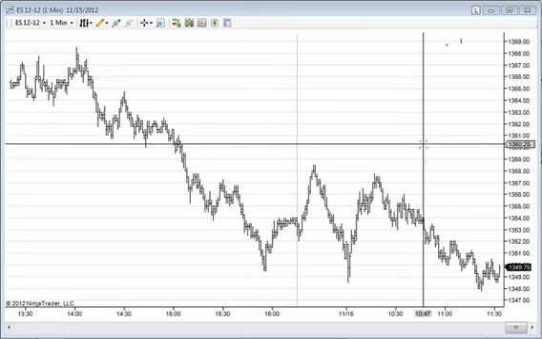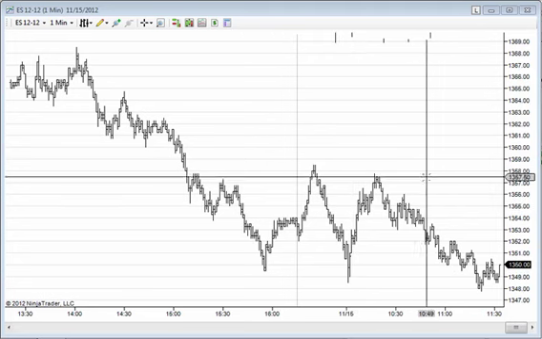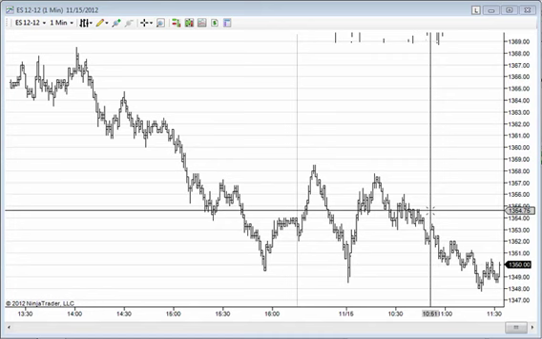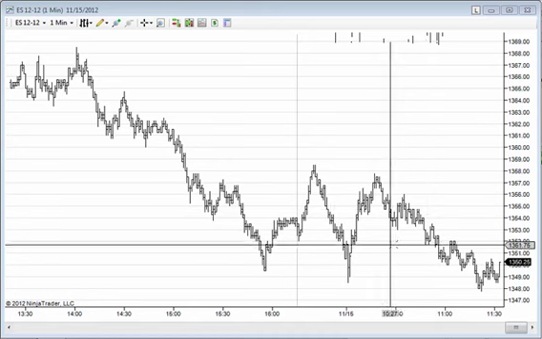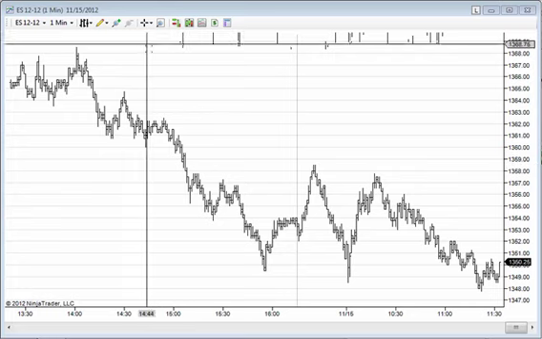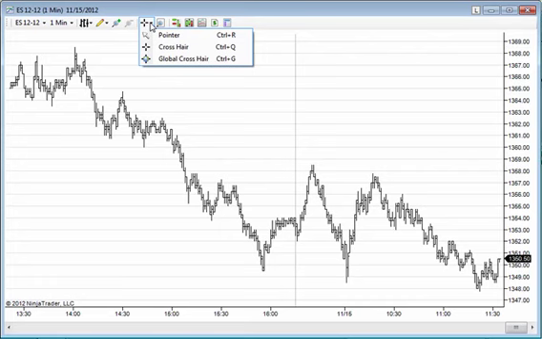Well, before I do that, I noticed that I have the crosshair on here, and I personally like the crosshair. You can take it to different price points, and it's certainly useful if you use the chart trader feature, which we'll talk about later. But if you don't like the crosshairs, you can certainly change that. You can go to this icon up here and change that to pointer, which